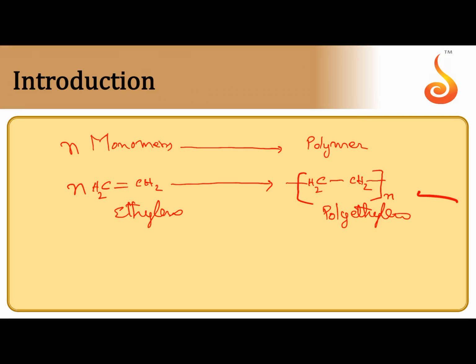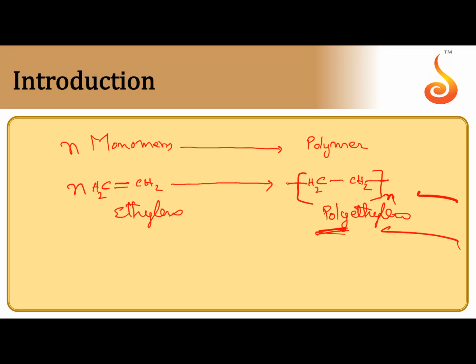To write the repeating unit of an addition polymer, just take one monomer. This is called a homopolymer. Take the monomer, remove the pi bond and put two bonds at the two carbons. This is the repeating unit. To get the monomer from the polymer, just remove poly, then you get the name of the monomer. Sometimes two monomers may get combined with each other. If two or more monomers participate in the formation of a polymer, that is called copolymerization.